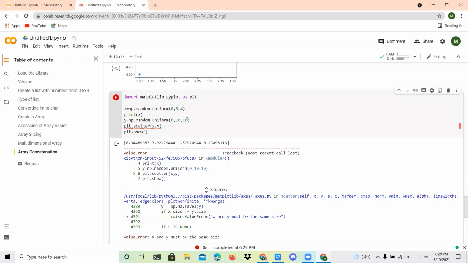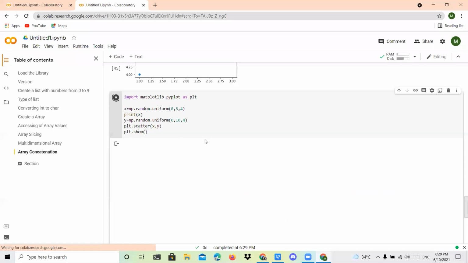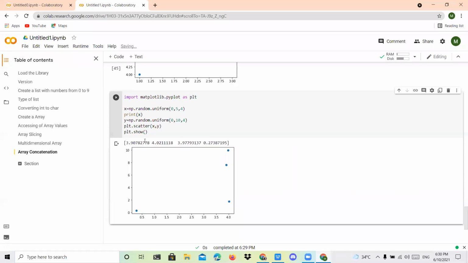Oh, it should be of the same size. Okay, you can give a 4 here. Yes, the 4 values are there, right? So we can also print your y values.